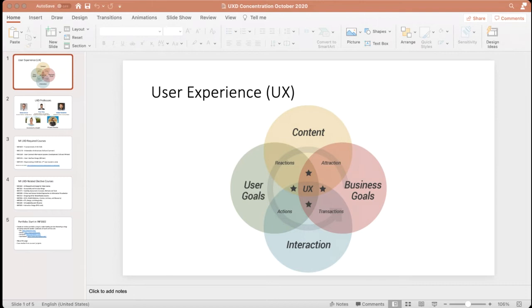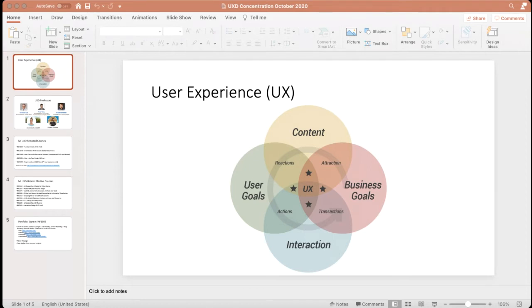We will still teach you some of the foundations of typography, colors, composition, et cetera, because good UX people need to recognize the importance of balancing all these elements in interaction, right? So this is pretty much the way to think about what good user experiences are when you look at these four different circles and then you start breaking them down.